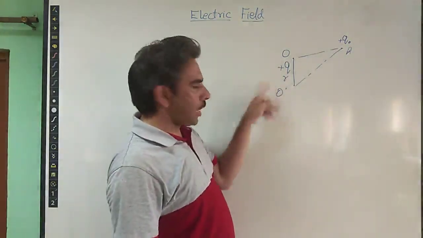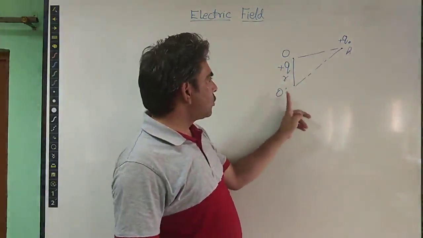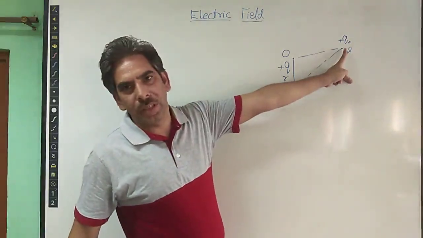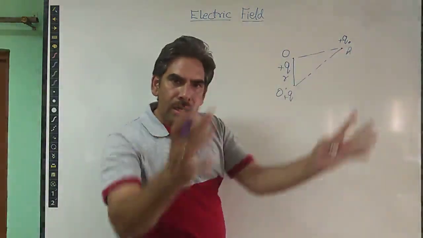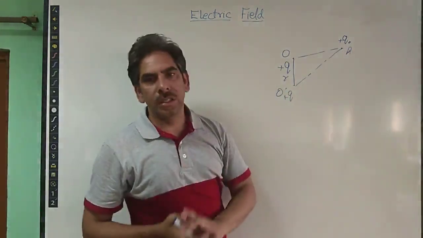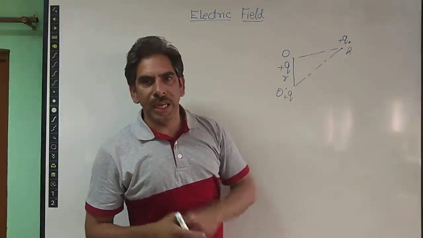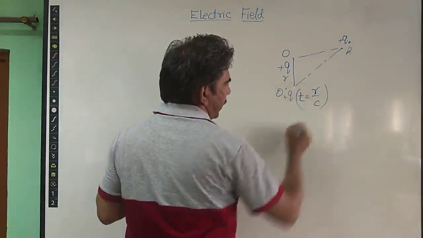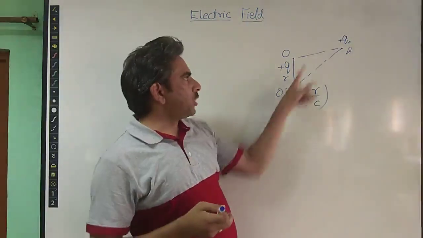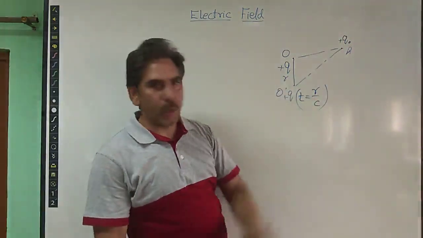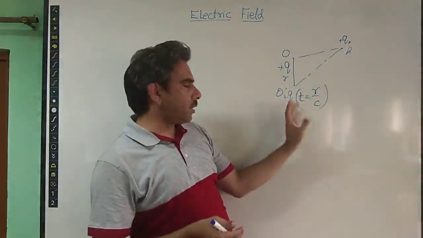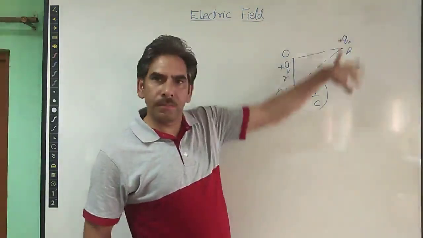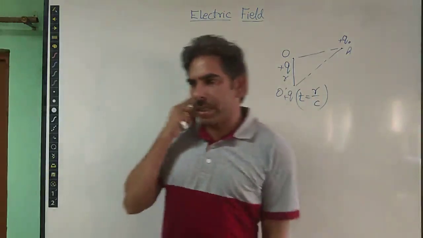if we displace the source charge, then the electric field due to this source charge, which is now at the new position O dash, also changes at this point A, because with the change in distance, the region of influence also changes around this source charge Q. And it takes some finite time, which is given by r upon c. So the time it takes to change the electric field at this point is r upon c, where c is the speed of light.